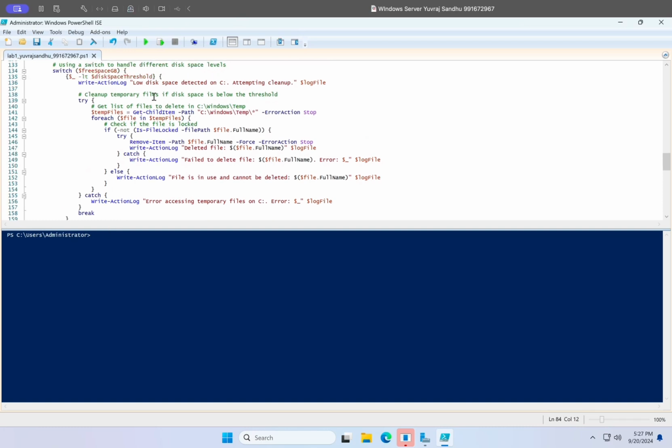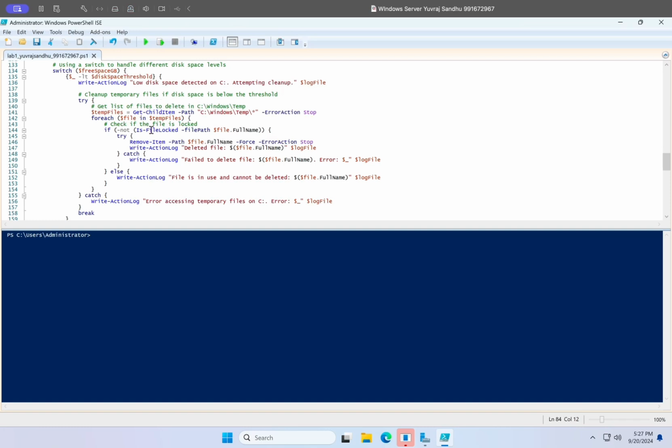And then here, again, is exception handling with a try-catch block. What this would do is help with the high disk usage. One remediation we could do is just clear the temporary files. So what this would do is look for the temporary files directory, which is where Windows stores them, and then use the Get-ChildItem cmdlet on the path where it's stored,